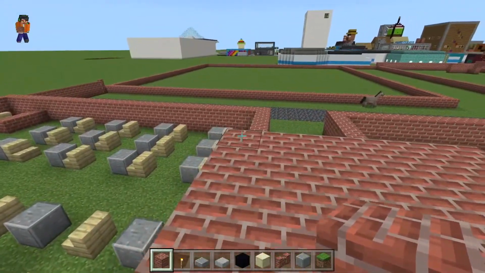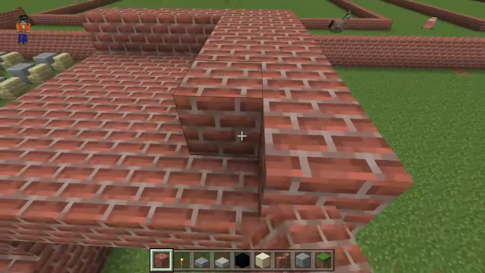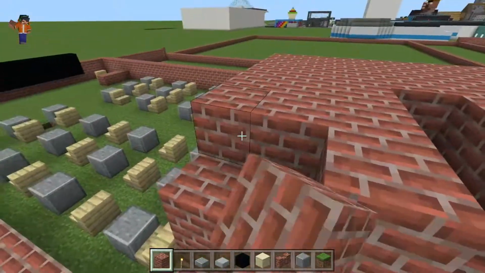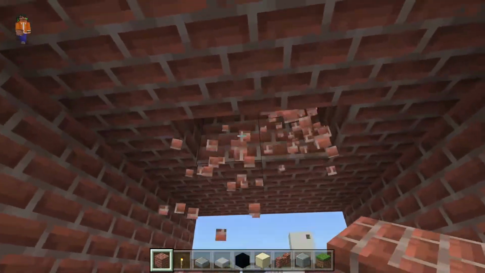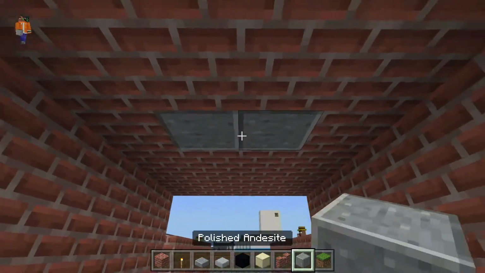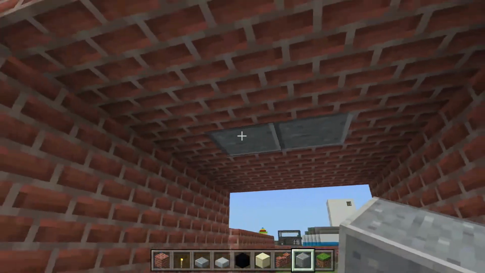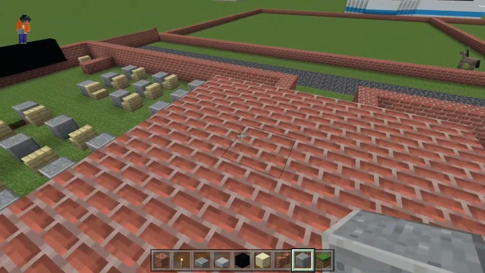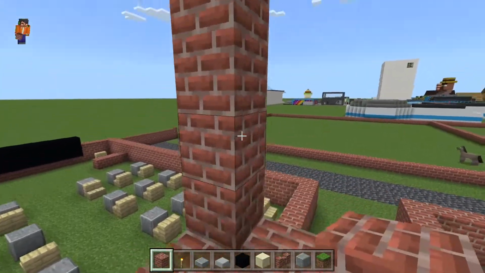So the second floor is actually going to start 1 block higher. And the reason why I'm doing that is so that I can put the lights in for the first floor. So if I cover this here and then put, we'll just say this is glowstone, but I'll put glowstone in like this. And that way it'll light up this floor down here, but you won't be able to see it up here. This will be the start of the second floor, which is then going to go up another